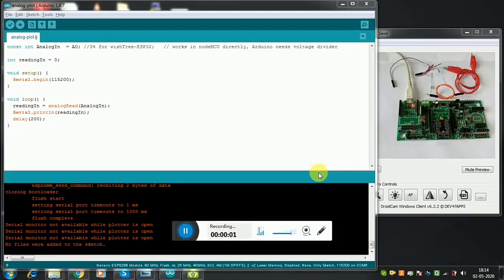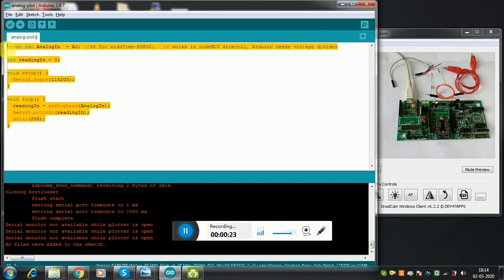So let us begin with some practicals. I have connected the Vistry board through this USB cable to my laptop. Here is a view of the board and we are using ESP8266. It is a bare ESP8266, so we cannot apply more than 1 volt to its analog pin. And here is the code that is running in this ESP8266.